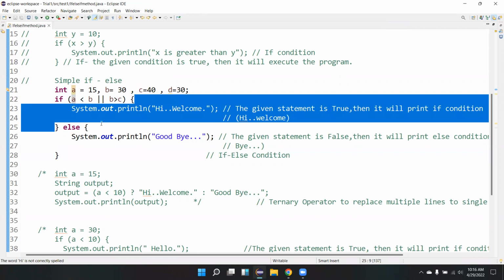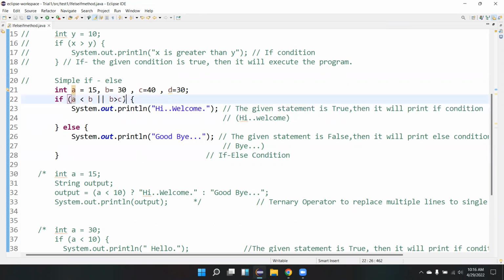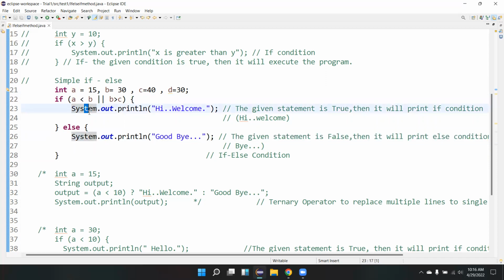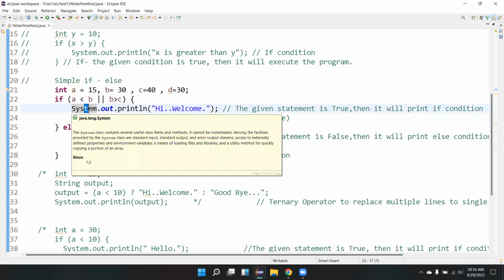And if this complete thing is giving me false, then it will go for the else part. If it is true, then it goes to the if body. So this is what a simple if else is.